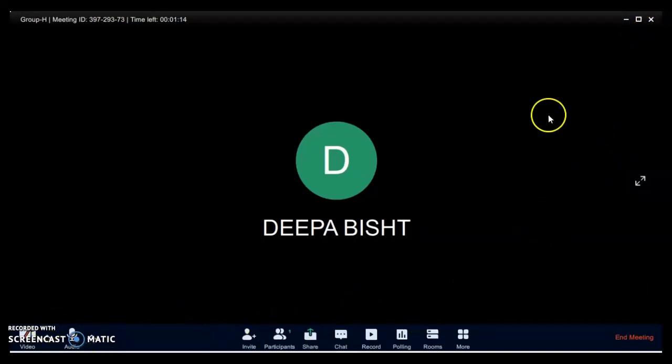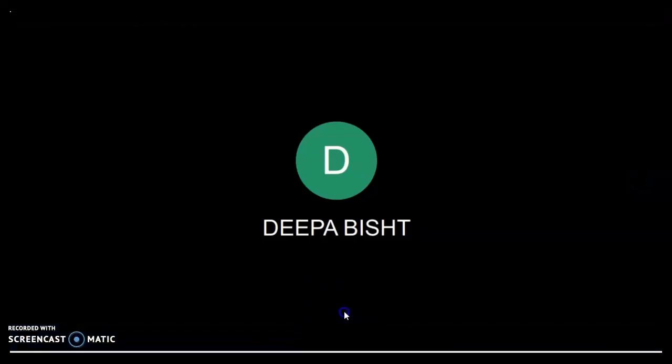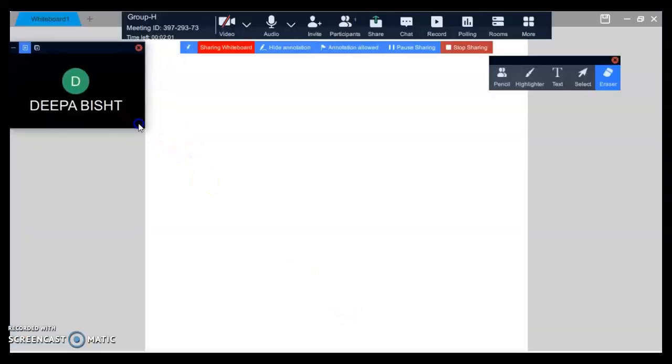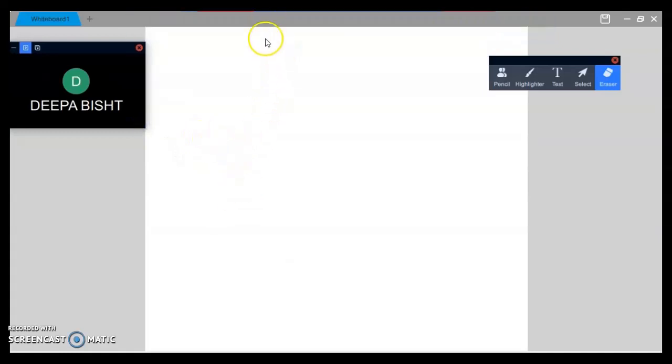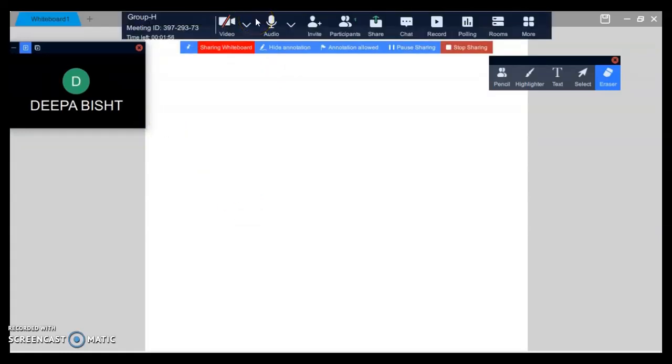Now apart from all these features, one more important feature is there, that is share screen. So by clicking share screen we get 2 options. Either we can share the desktop or we can share the whiteboard. Let us share the whiteboard. Immediately when we click share whiteboard, we'll find that a new whiteboard opens up and the toolbar gets shifted to the top of the